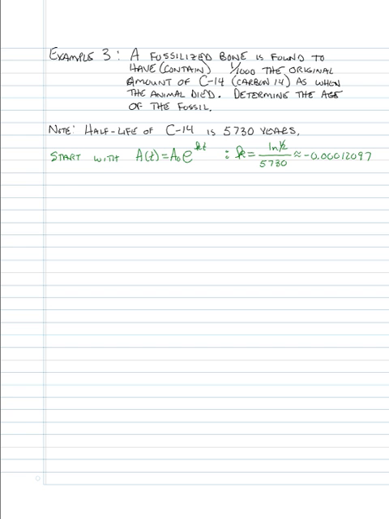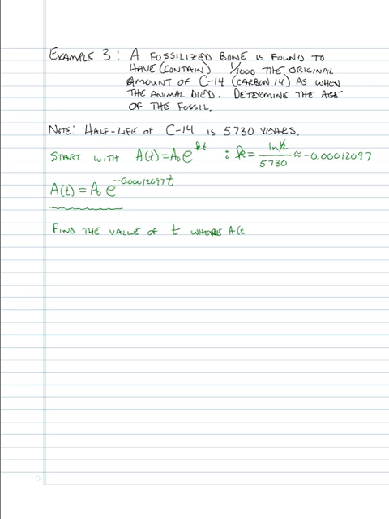Given that information, we know our model for the amount of carbon-14, based on the decay of carbon-14, is given by A naught times e to the power negative 0.000120097 t. So we ought to be able to calculate the amount we have left of carbon-14 if we know the amount that we're starting with. But how does that apply here? Because we're supposed to determine the age of this fossil, so we need to find a time. We need to find the value of t